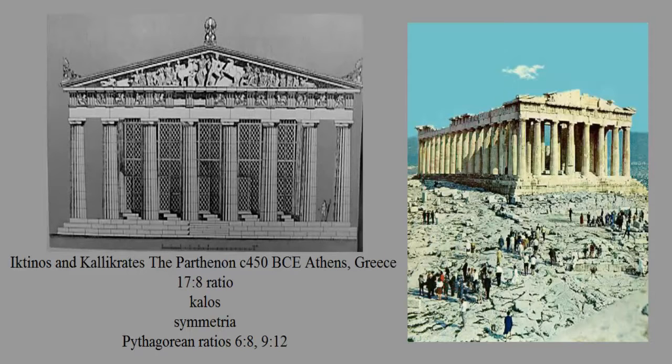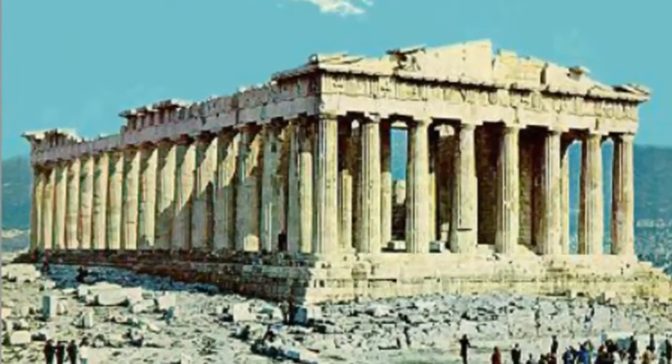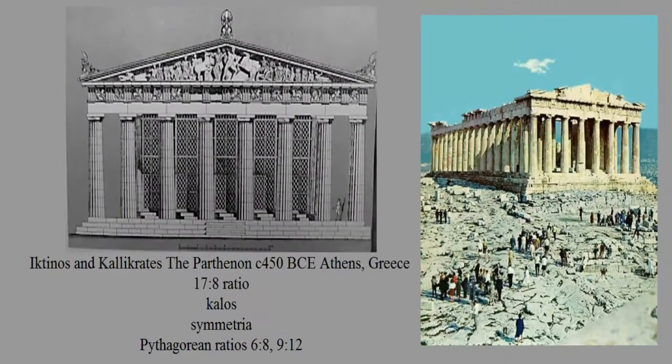So for instance, if you look at the front of the building, you'll see it actually has 8 columns across the front. Now the long side, down the side of that building, it has actually 17 columns. Now, you're probably thinking, well, that's kind of stupid, or why is that important? Well, doesn't it look like it's 3 times longer than the front, at least in that photo on the right-hand side? That's kind of an expression of how to use numbers in a beautiful way and how to alter how you perceive things. And so I think that's kind of an important idea in terms of the ancient Greek world, that you have these Pythagorean ratios, and you've got 17:8 ratio, and you've got these playing with numbers that if you understand numbers, if you understand mathematics, if you understand symmetry, it's beautiful, and it's part of the kalos,